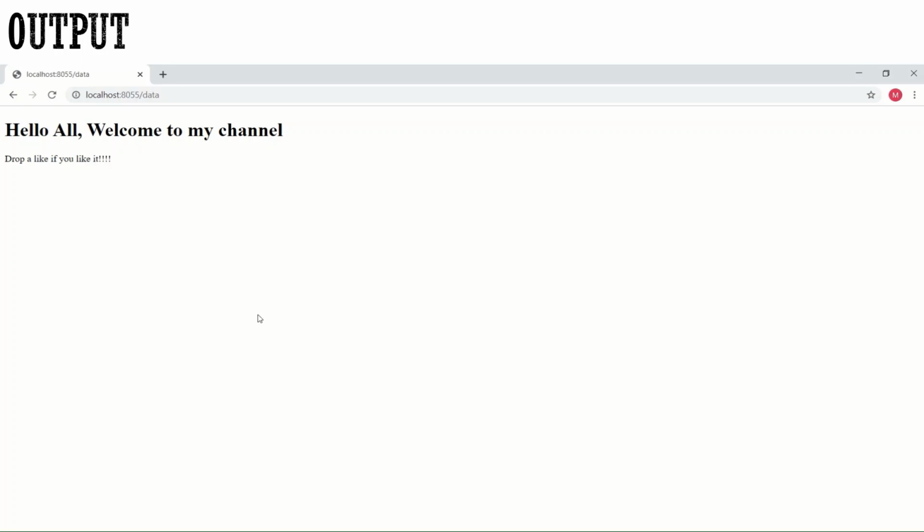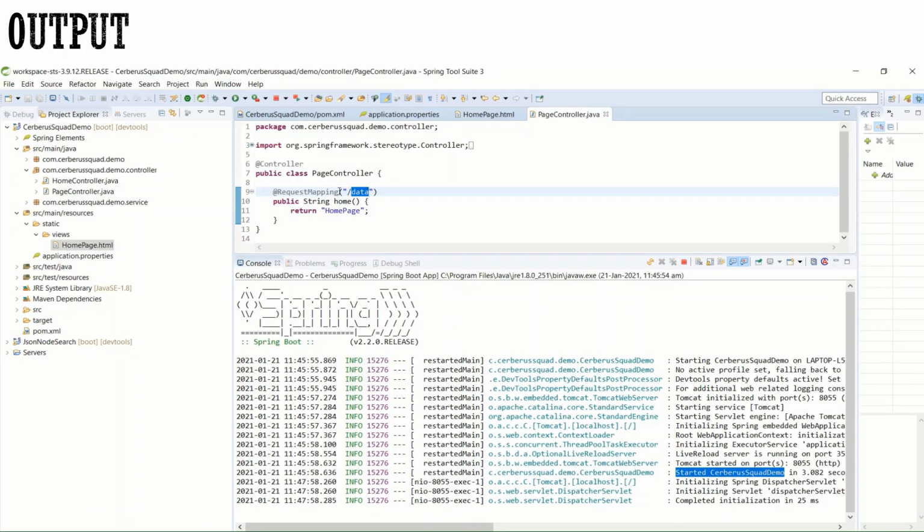So we have got the output HTML content, and we have also called the service inside the Java application itself. Inside this Java application we can have multiple services and controllers, and we can call this mapping wherever we need, inside the service or inside the HTML page, so that this will redirect to or call this particular template. Clear? Now we have come to the conclusion.